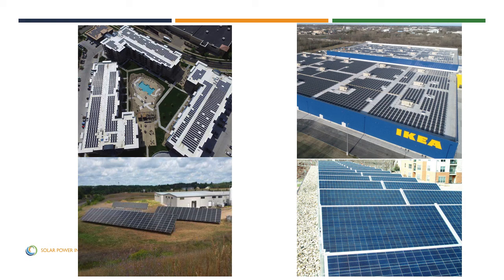In the top left corner, this is an apartment building, so a very large array there. In our top right corner, I think a lot of you will recognize the name in that photo. This at one point was the largest rooftop array in the state of Wisconsin. It has since been surpassed, but quite a few panels on that facility. And then the two photographs,